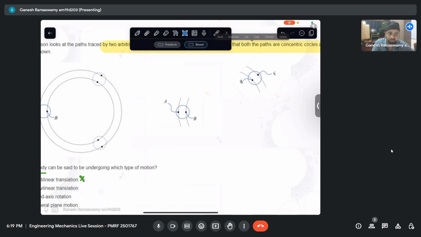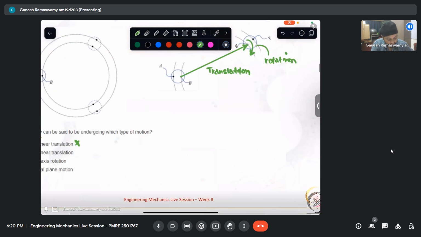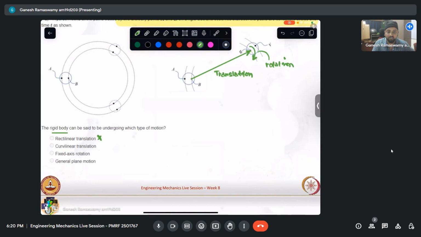So this definitely involves translation of point B and then a rotation. So this is translation and then a rotation. So we know that whenever there is a translation and a rotation, it has to be classified as general plane